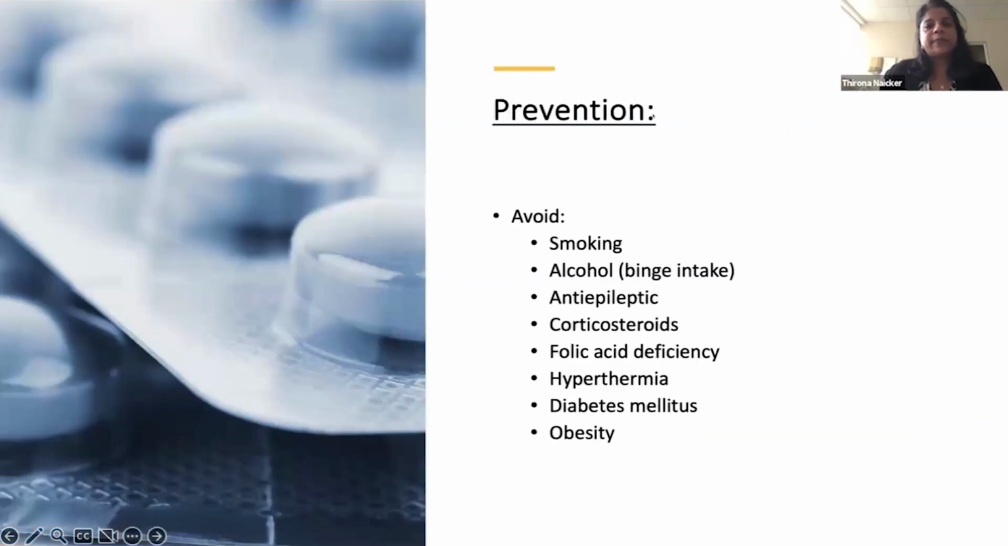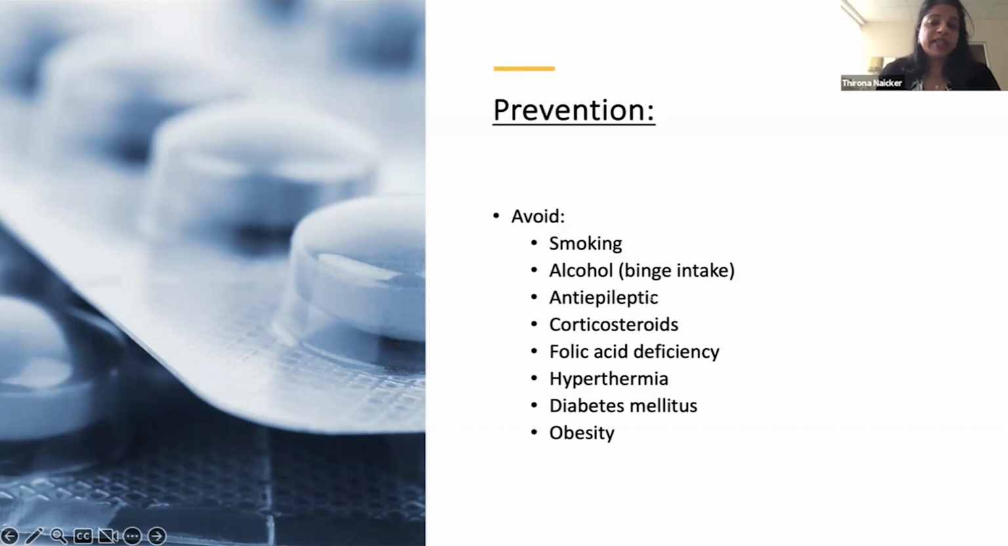without cleft palate. In terms of prevention, there have been multiple studies and lots of research, whole papers dedicated to each of these things. But in general, what we know is that there's a risk of having a child with cleft lip and palate if a mom smokes, if she takes alcohol, especially a binge intake, if she's on anti-epileptics like phenytoin, valproic acid. So there may be a suggestion to see if it can be replaced, especially in the